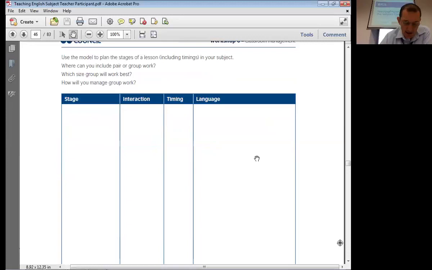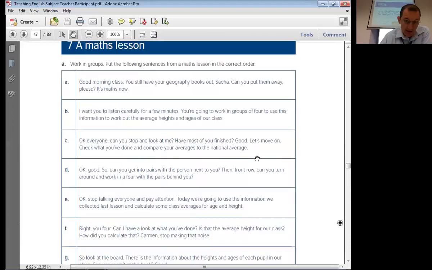Next, there is a template of a lesson plan. So participants in pairs will plan a lesson, maybe one that they've done recently, one that is coming up. So they plan it in pairs. Make sure that they leave space between the stages, because they will come back and make notes later. So make sure that they leave space. So give them 25 minutes to plan in pairs a lesson.